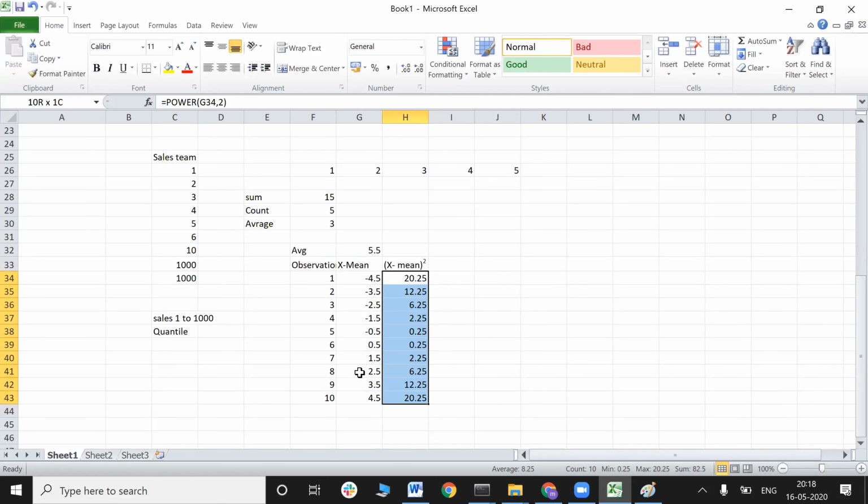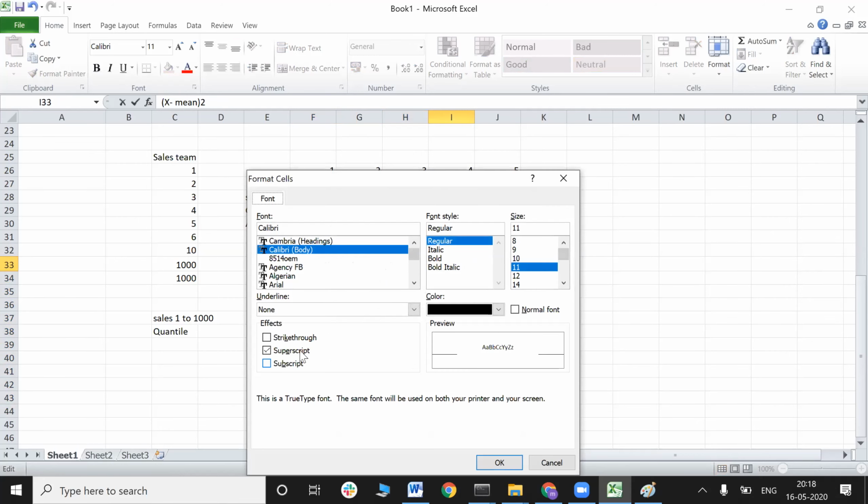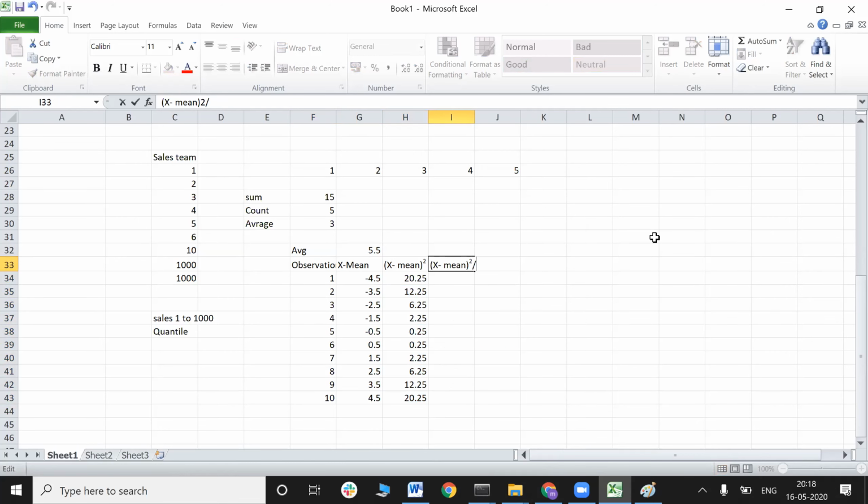Now these are the values which are individually away from the mean, but I want to see the impact of all the observations together. So I will just take the average of it. So that is x minus mean squared, the sum of this divided by the total number of observations, to get the average of all this.